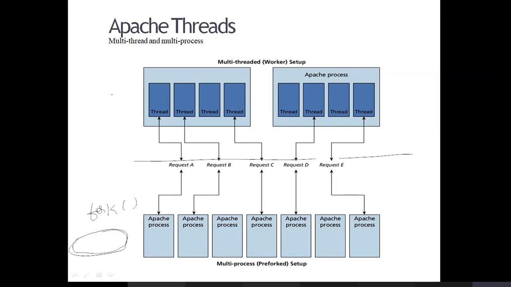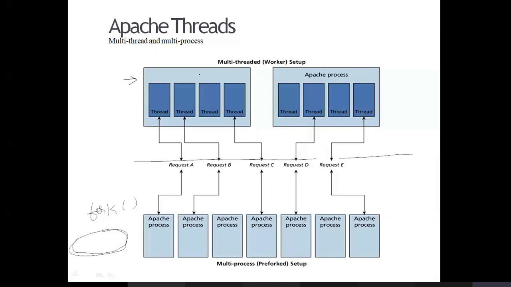And why do we need to go for threading? A thread is a lightweight process. What is the meaning of lightweight process? Just recall, you learned the Unix operating system and also the general operating system. You should be able to differentiate multi-process and thread. A thread uses less memory than the process.